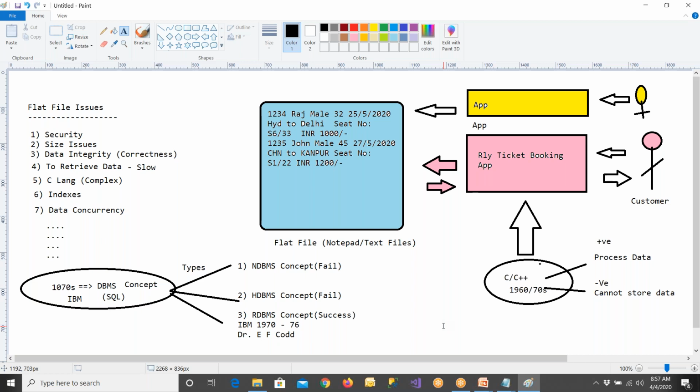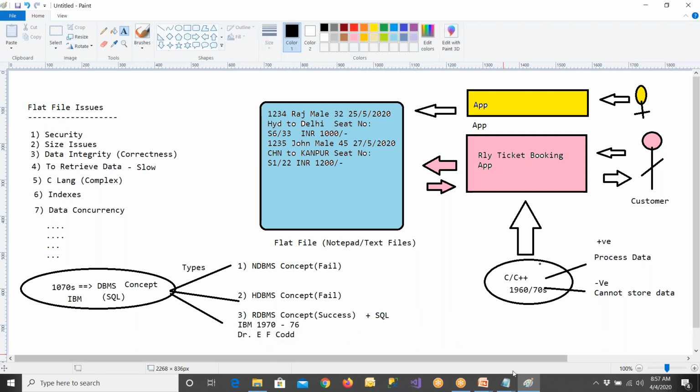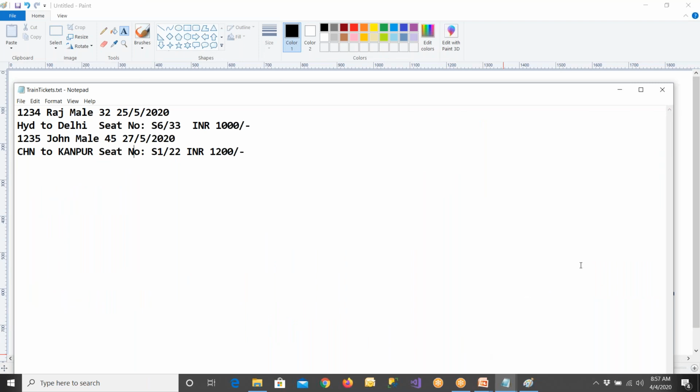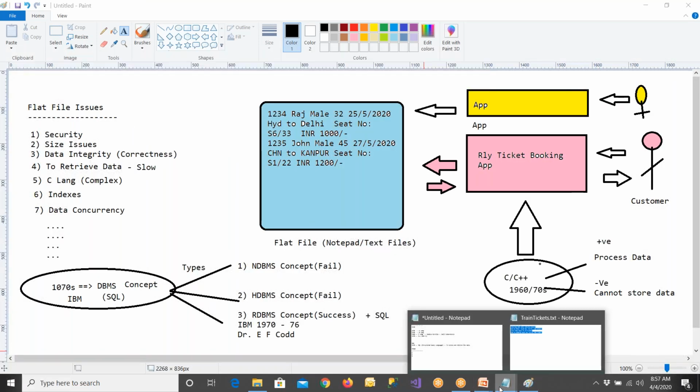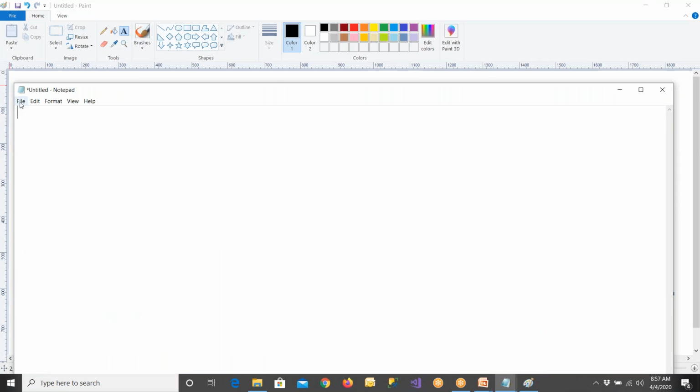The relational database management concept got created, and people recommended using only which language? SQL language to interact with the RDBMS computers. So then people invented RDBMS software, or you can say tools got created. What are the tools? IBM gave DB2 software. This was the RDBMS software at that time. If you wanted to store the data, you went in for this tool.